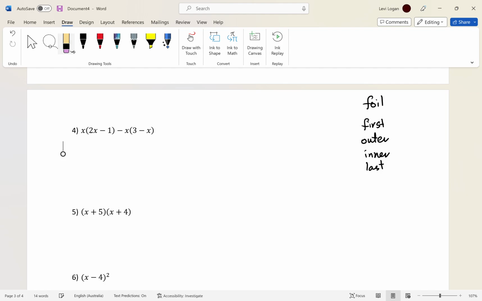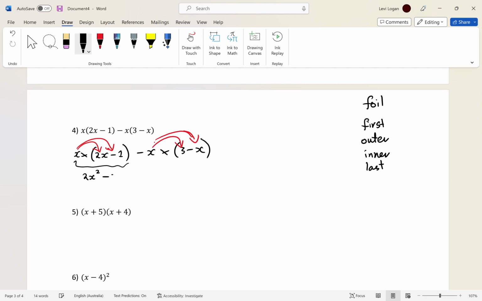But we're going to do the same ideas that we did up there before. So it's just the same as x multiplied by 2x minus 1, minus x times 3 minus x, okay? So all this is doing is the x is acting in here, it's multiplying in there, and this x is multiplying in here, okay? So this side over here simplifies to 2x squared minus x, and this side here simplifies to negative 3x